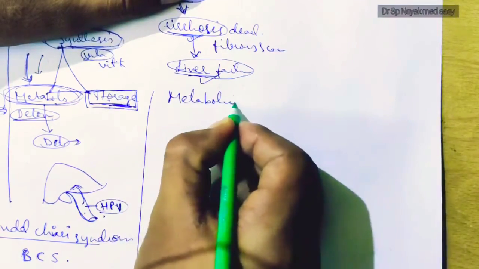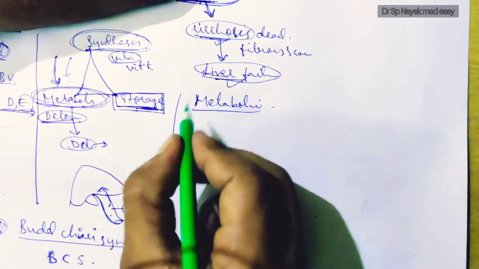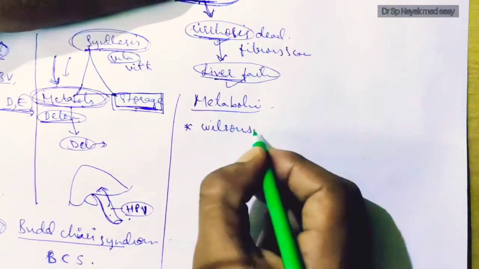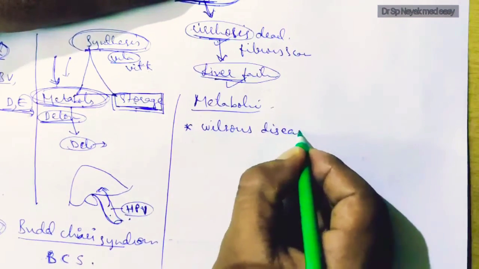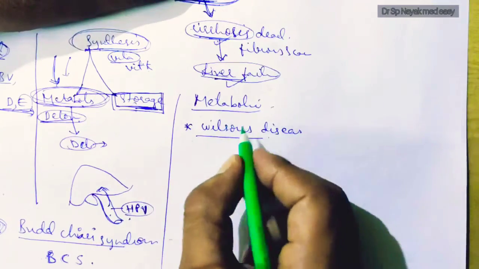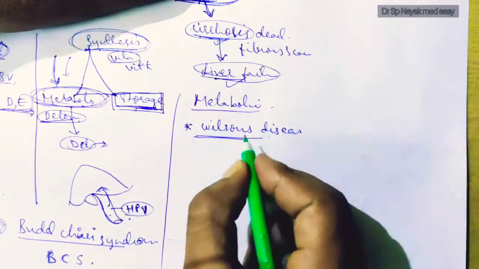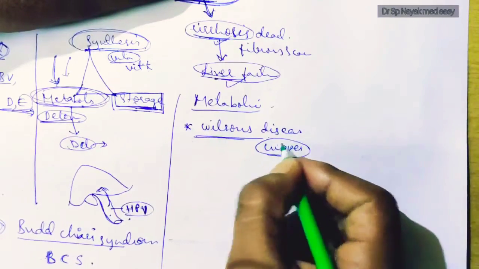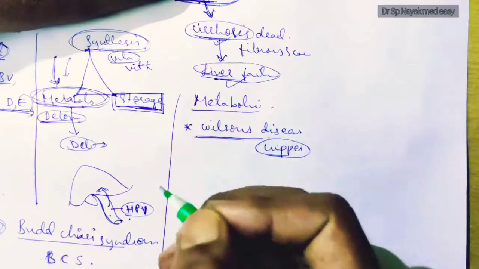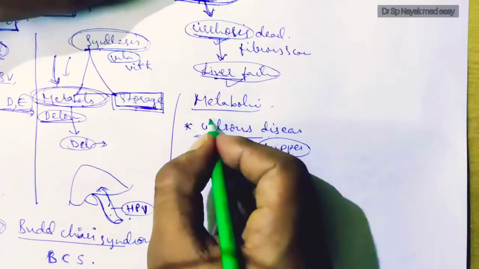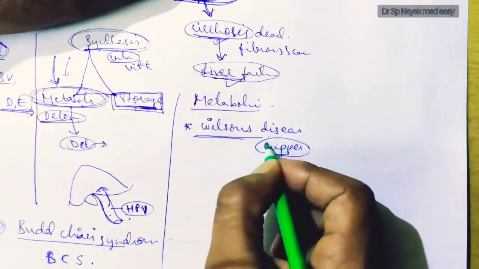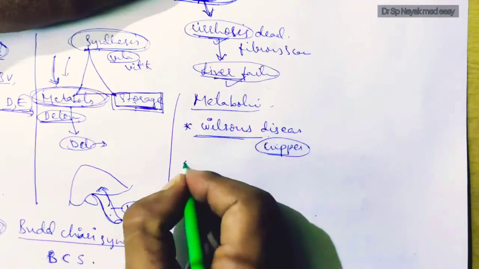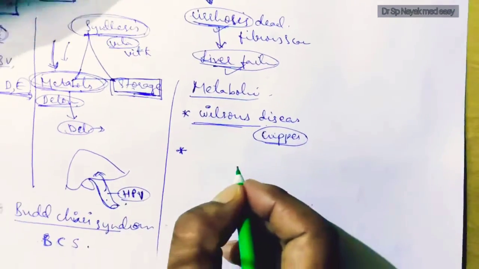In metabolic causes, there is a very important disease or syndrome called Wilson's disease. Wilson's disease is one cause that causes hepatitis. Wilson's disease is characterized by accumulation of copper. Copper is accumulated in the liver and in some of the major organs, and that causes hepatitis. This is a genetic disorder where accumulation of copper takes place in the body, and that causes hepatitis. And there is another condition called